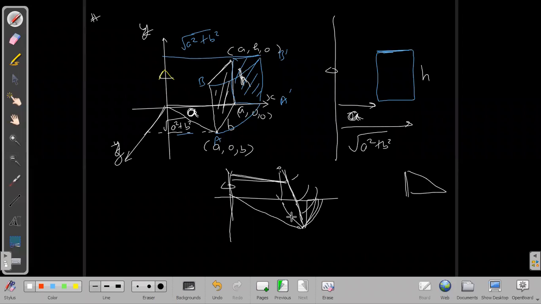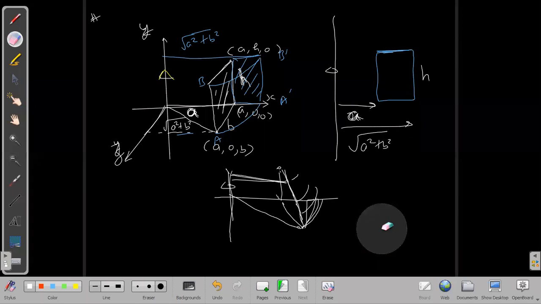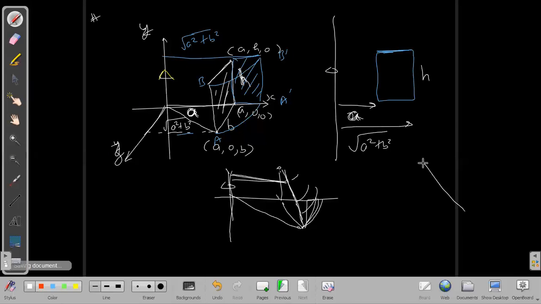What do you think? Will it be a circle only? Sorry, will it be a straight line only or not? I think it will not be a straight line now. If I take a triangle and I turn it there. Or will it, wait a second. No, this point, yes, why sir? It could turn into a straight line. It will be a straight line only. Let me check. Yes, sir.